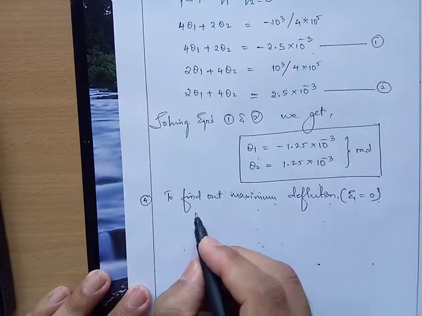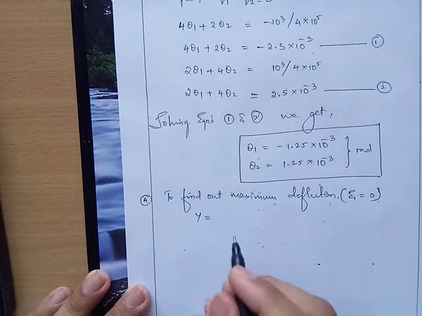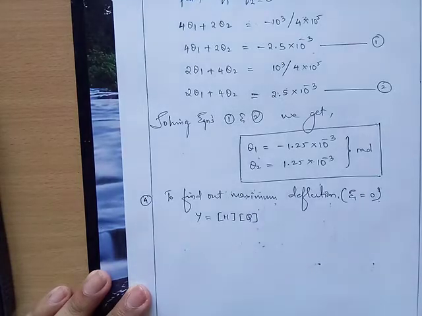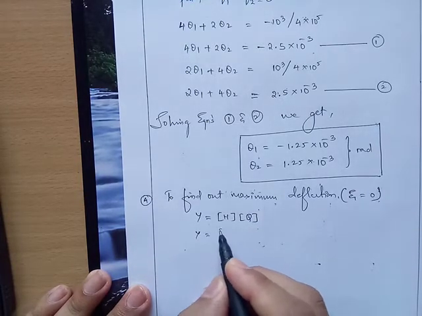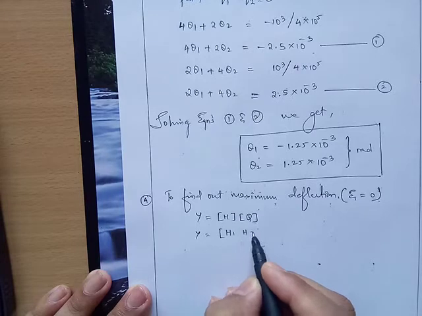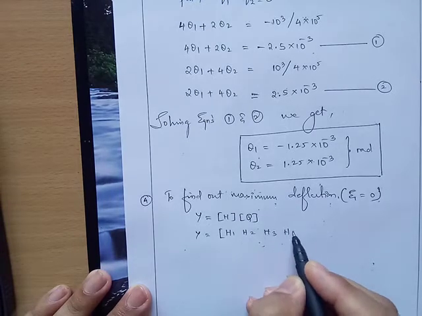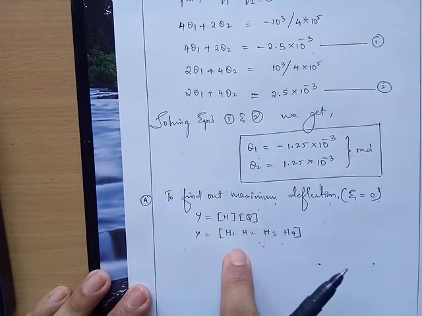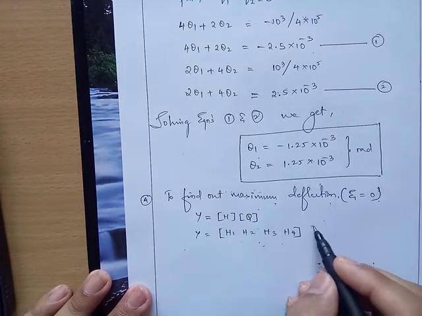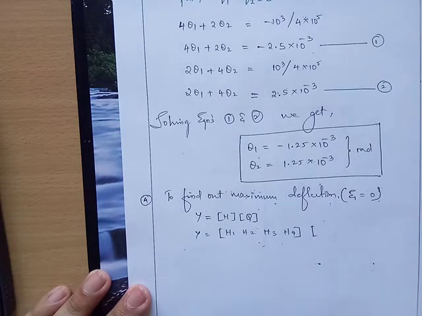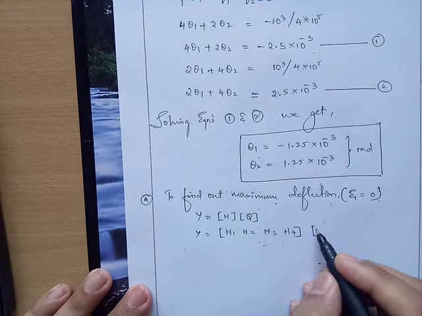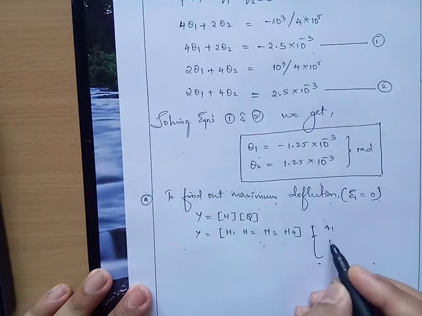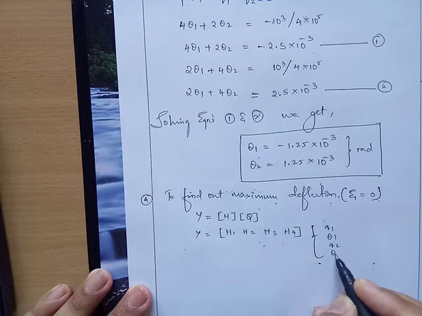Right, so if I take the vertical deflection as y, I can write it as H matrix into Q matrix. Right, so further elaborating, H1, H2, H3 and H4. There are 4 Hermite shape functions. So H matrix I have written it as H1, H2, H3 and H4. Further Q matrix can be written as Q1, theta 1, Q2, theta 2.